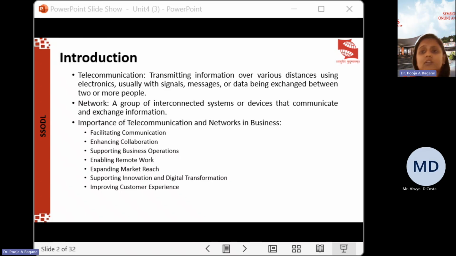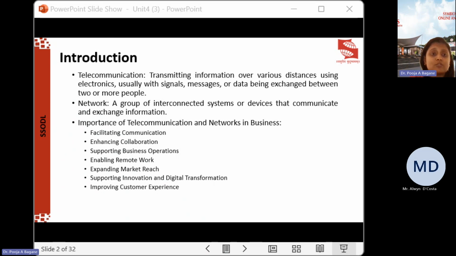So, how is it enhancing the collaboration? Networks will allow teams to work together regardless of geographically separated offices. So, with these particular tools like cloud-based document sharing, project management solutions, virtual meeting providers, employees can work on shared projects in real time, which will accelerate the job processes and contribution-based group outcome generation.